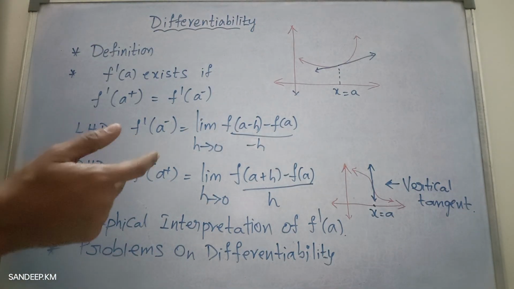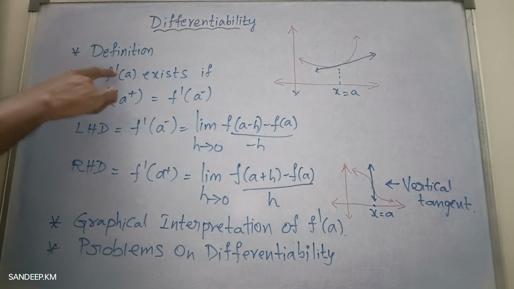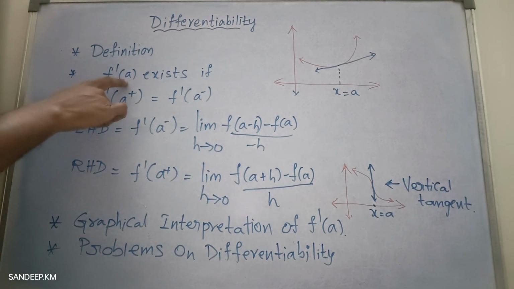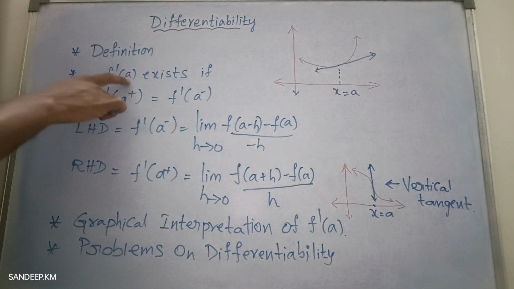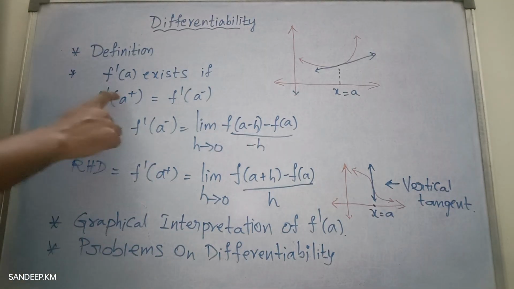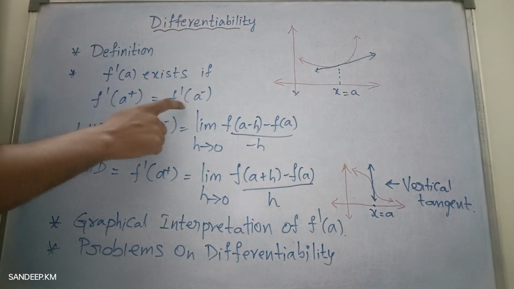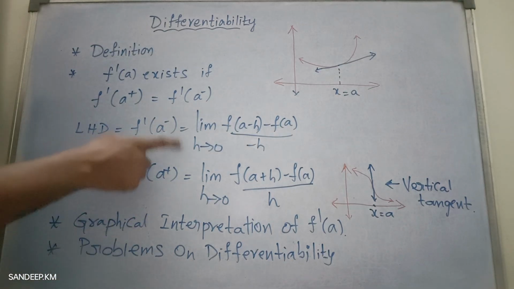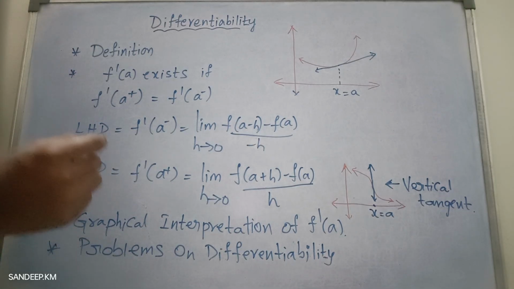We will see how to define differentiability, and after that we will see when the derivative of a function at x is equal to a exists. We will generally think that f dash of x always exists, but that is not the case. So we will see when f dash of a exists, based on this particular condition. This is called left hand differentiability and this is called right hand differentiability, and these two are the formulae of those two. Okay now, we will discuss clearly what is the meaning of differentiability of a function